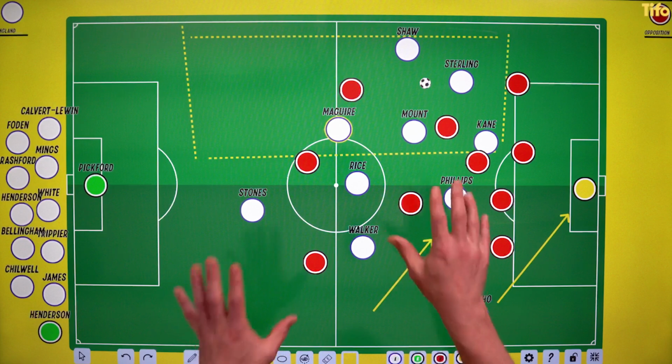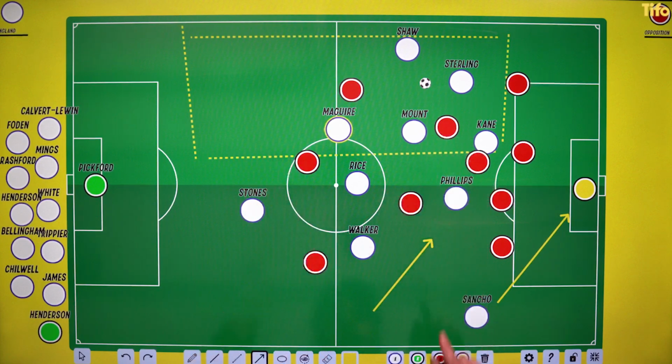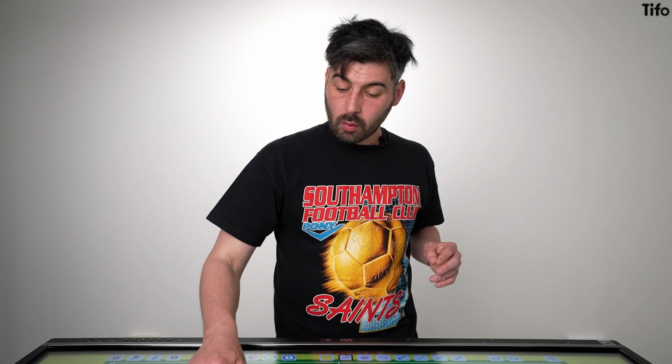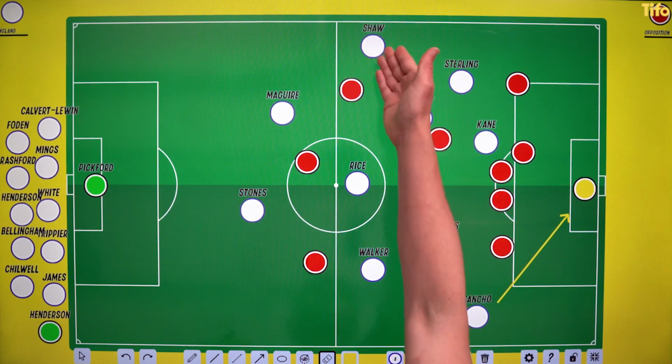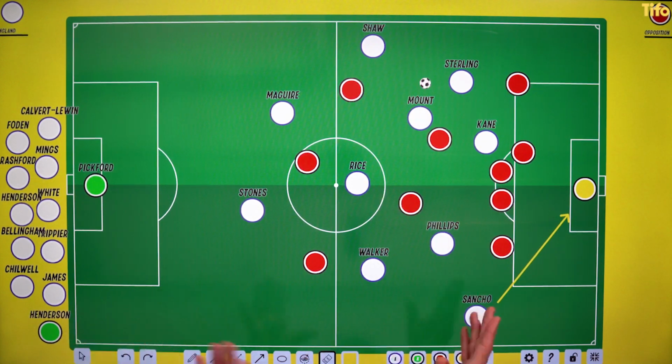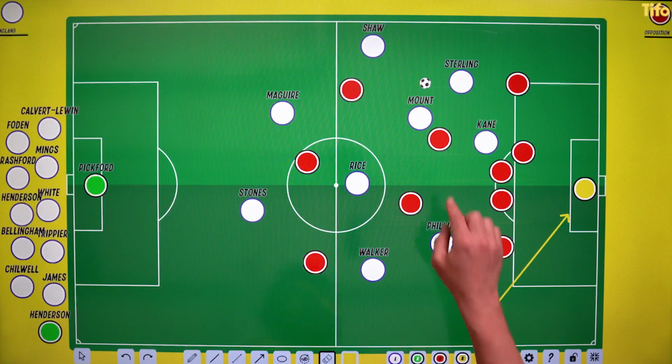And that's because they favour this left side. So if the ball is in this left side, what are England trying to do with it? Well, in these players here, and we've got Shaw as our left back, but remember this could just as easily be Ben Chilwell because he's really, really good at this too.